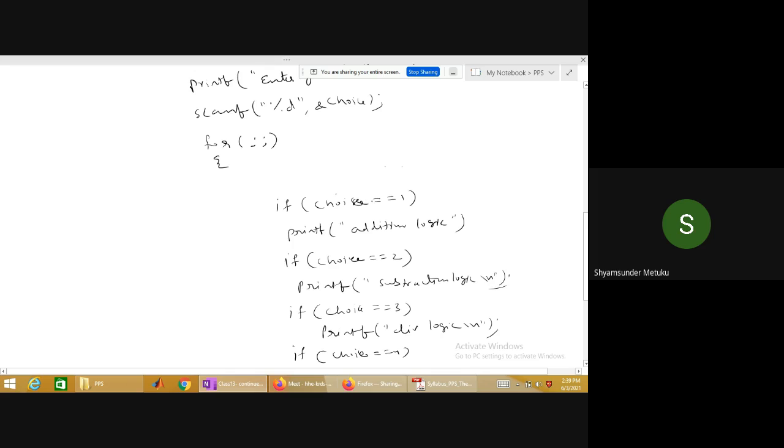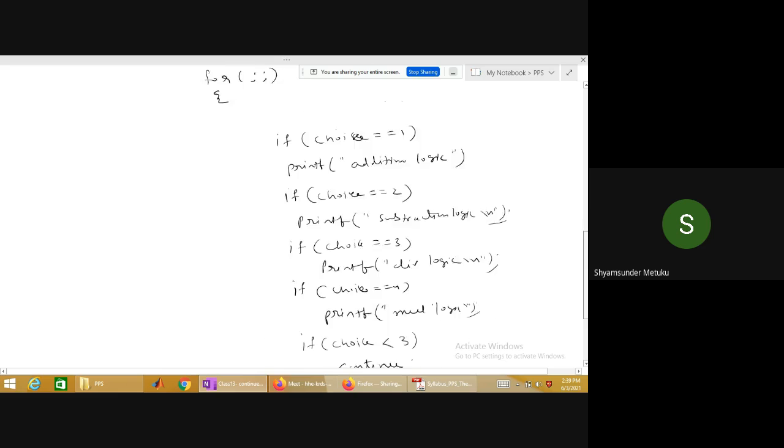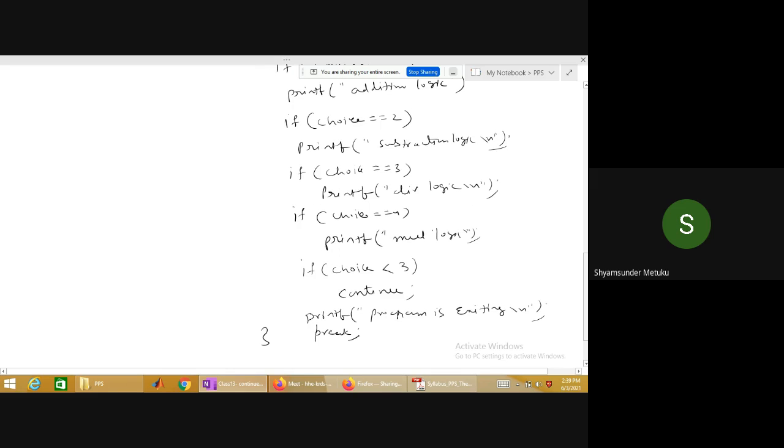So if choice equal to 1, 2, 3, it is not an issue. Choice equal to 1, choice equal to 2, choice equal to 3, choice equal to 4 also is valid. Suppose you enter a choice equal to, I think choice less than or equal to 5 we should write in that case, because we have 4 options, no? So up to 4, less than 3 suppose, it will keep on asking for you. Means you are writing a program which will never end based on your choice, as long as your choice is within 1, 2, 3, 4. Agree or not?